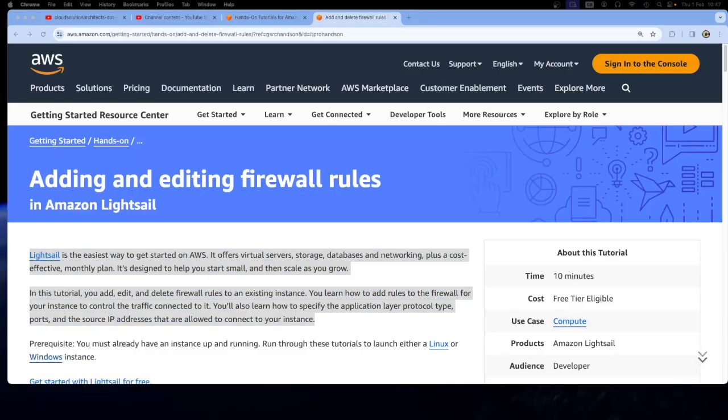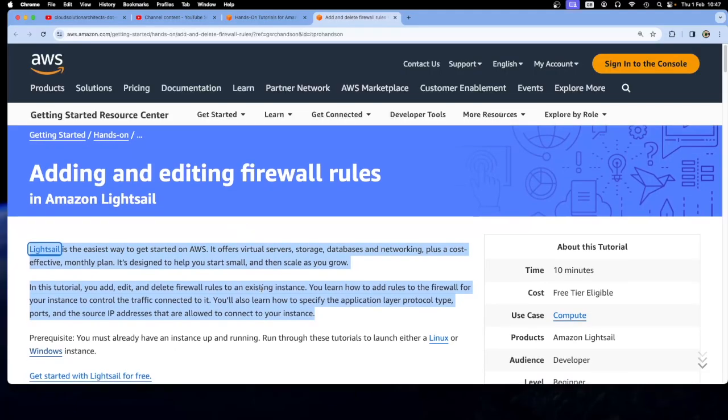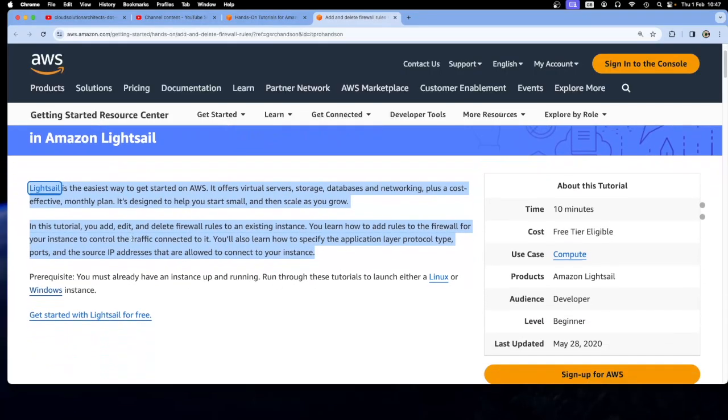So basically it says Lightsail is the easiest way to get started on AWS. It offers servers, storage, databases, networking, and a monthly plan. In this tutorial, you will edit and delete firewall rules on an existing instance. You'll also learn how to specify the application layer protocol type, ports, and source addresses that are allowed to connect to your instance. Okay,